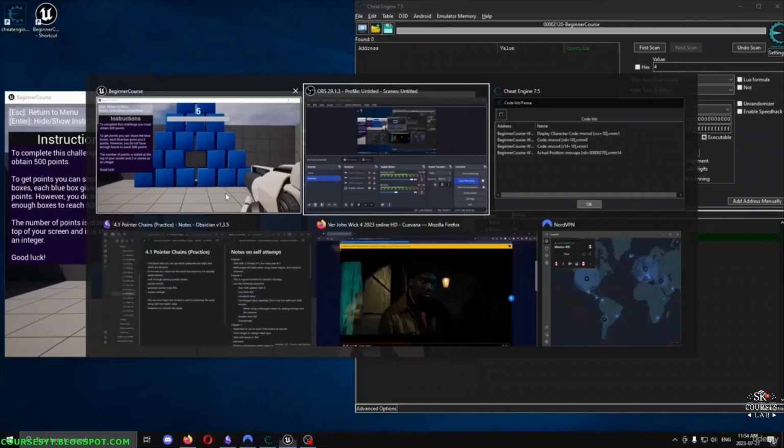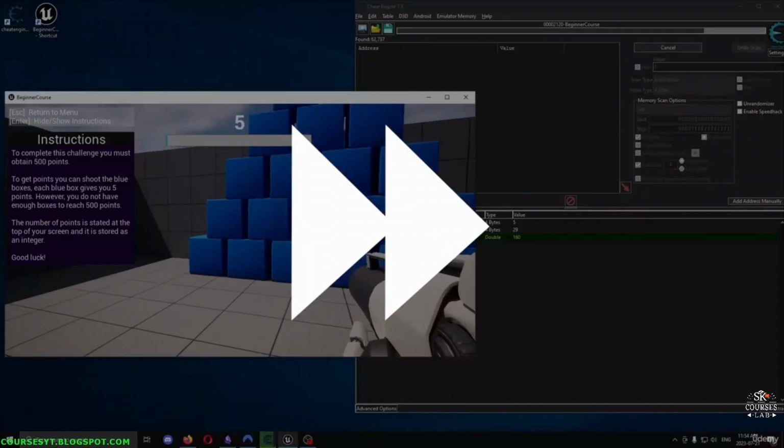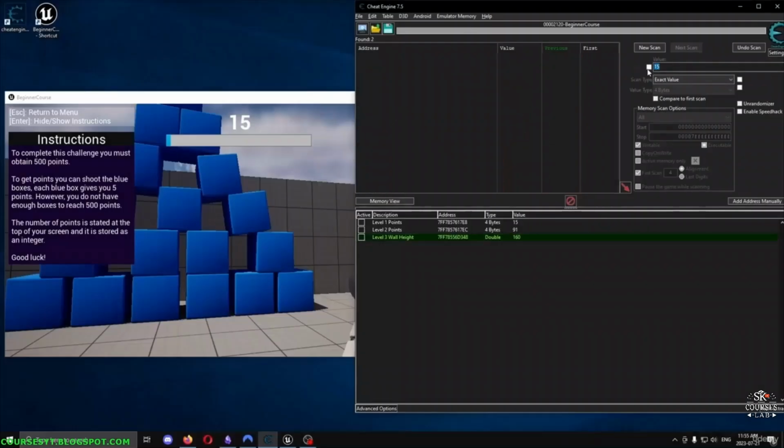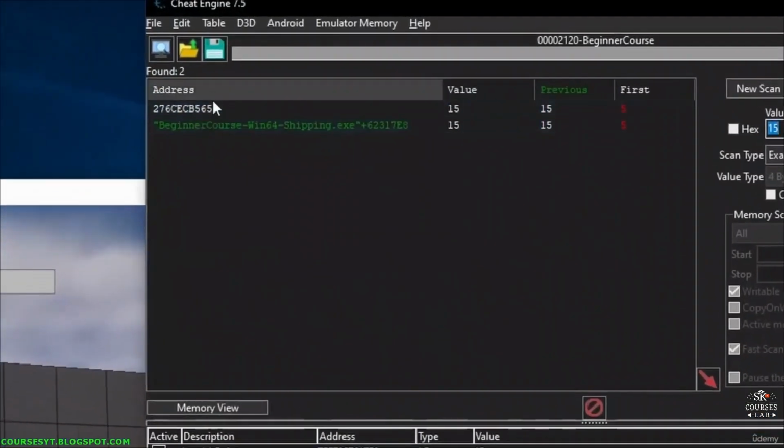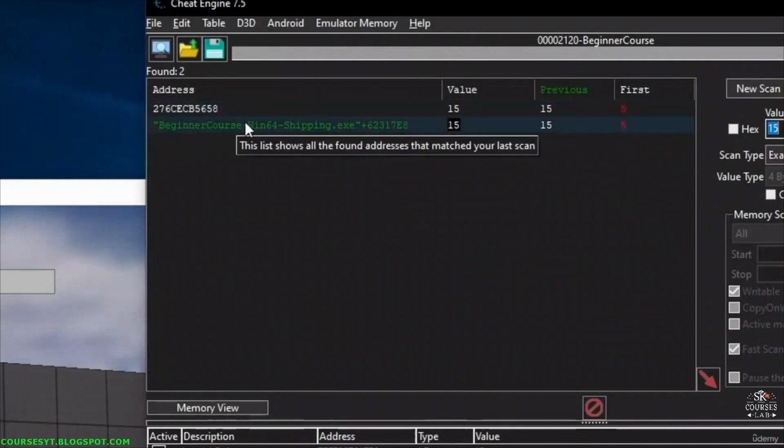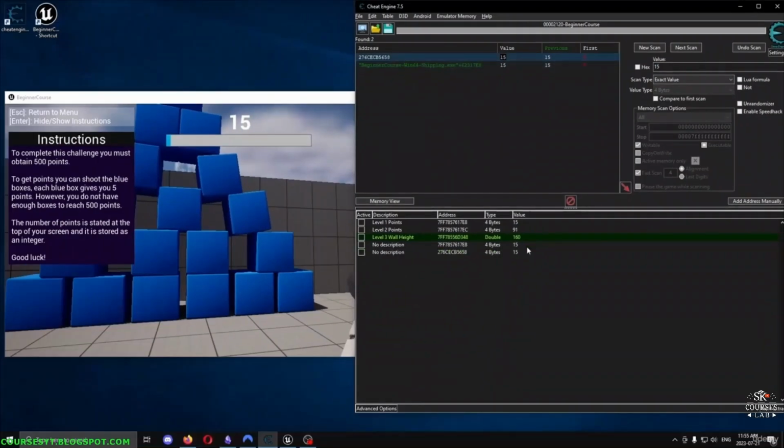So if you look for the value here. Okay, so now we get the 2 addresses that it found. So again, one of these is the one that is real and one of these is fake. Nonetheless, what we used to do is go down here and see which one changes correctly, right? Now,